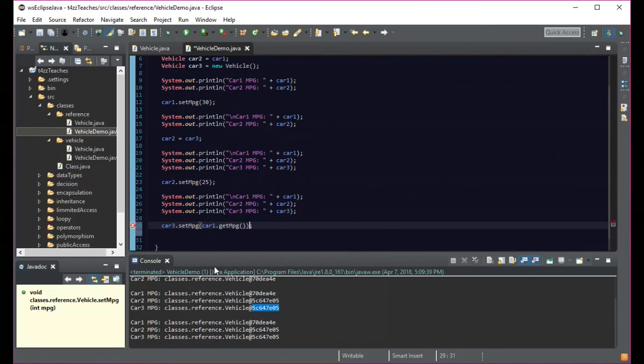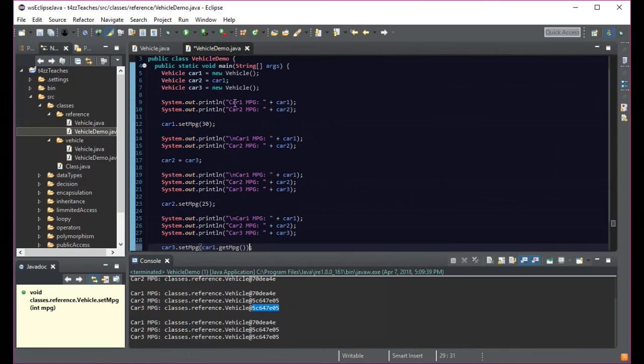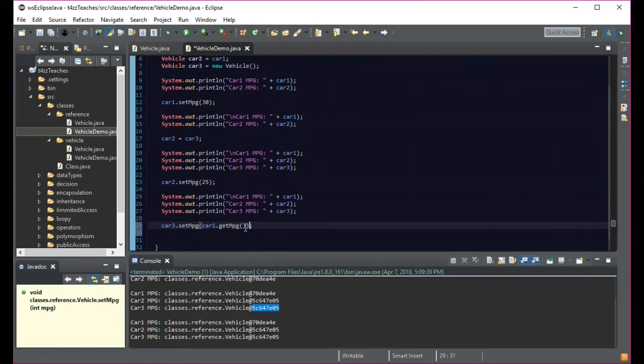And put that. And now what we'll see is that we're properly setting car 3's MPG without copying the entire thing or changing its reference point. We're going to only get the MPG from car 1 and set it to car 3's MPG. So if we do this now, Control C,